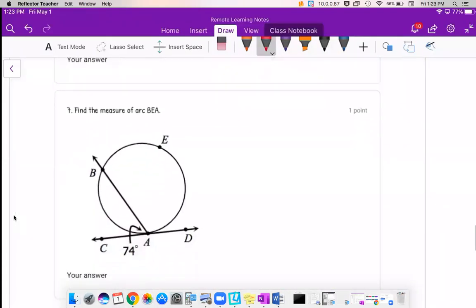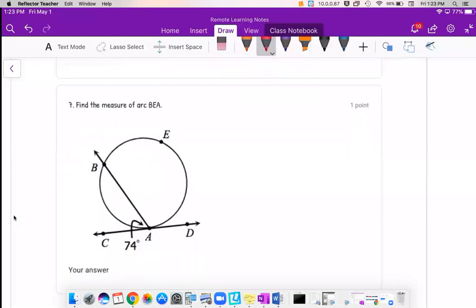Awesome. 3 more. The measure of arc BEA. So I want to know the measure of this entire arc right here. So they give us this angle, and again, this is your secant and your tangent, and they're intersecting at that point of tangency. So if this angle is 74, that means the arc AB is double that. So to get arc AB here,